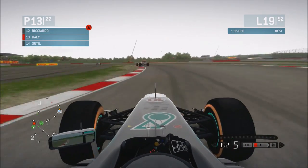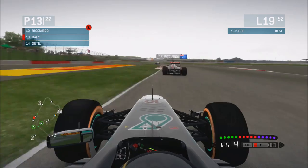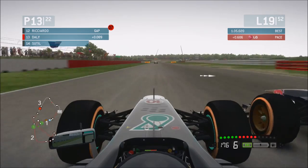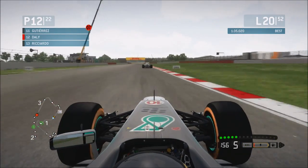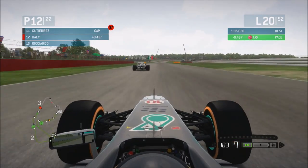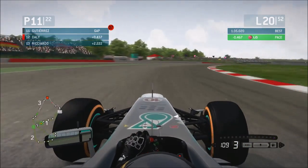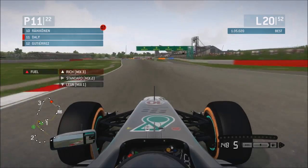I think that happened because there was so much fuel on board, so need to watch out for that. Next up is Daniel Ricciardo, and we fly past him as well. That's now position 12 for the taking. And this race is really flying by in a flash, really. Just a flurry of overtakes now. We're finally getting our way up the field and flying up the inside of Esteban Gutierrez there. We lock up the inside front there, but we should be able to manage that position, and we do,